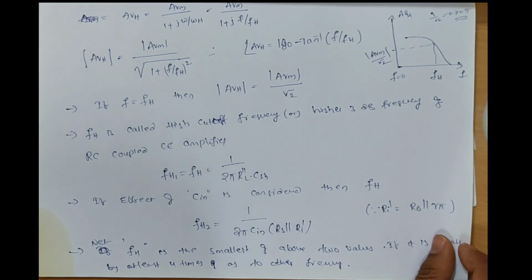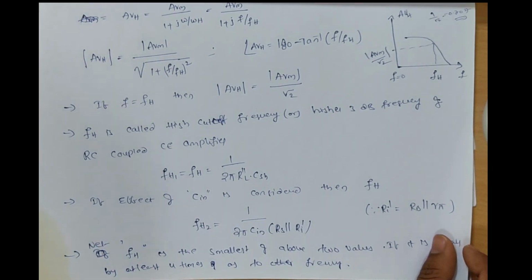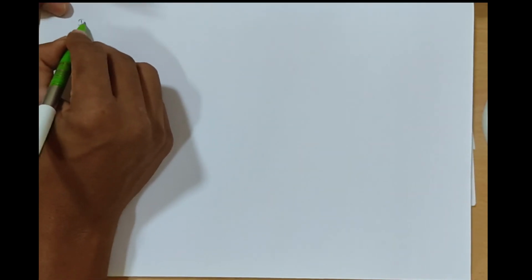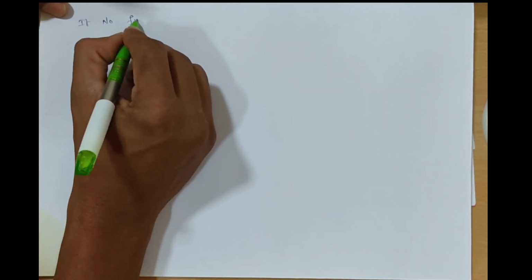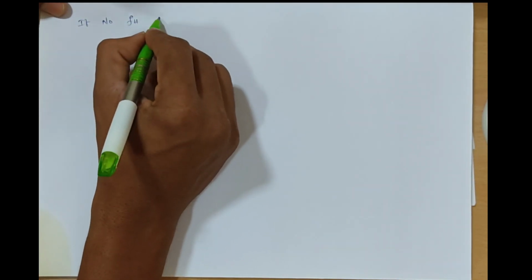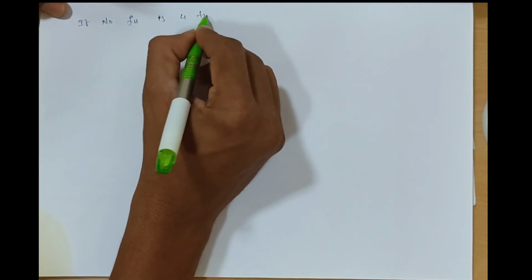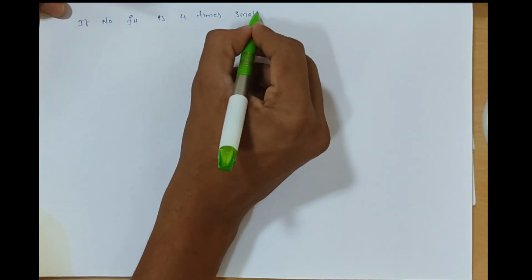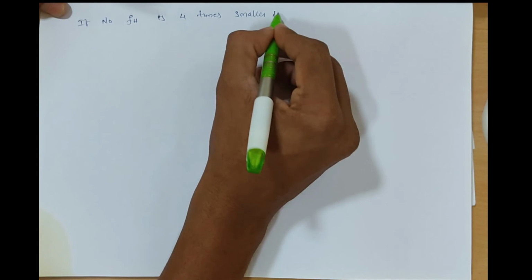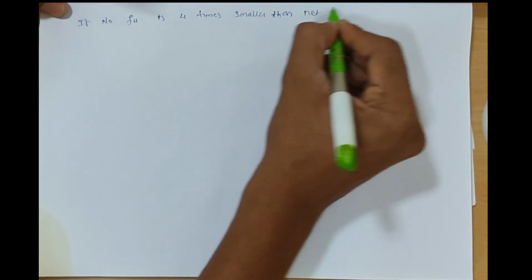So if the net FH is at least 4 times smaller compared to the other frequency,